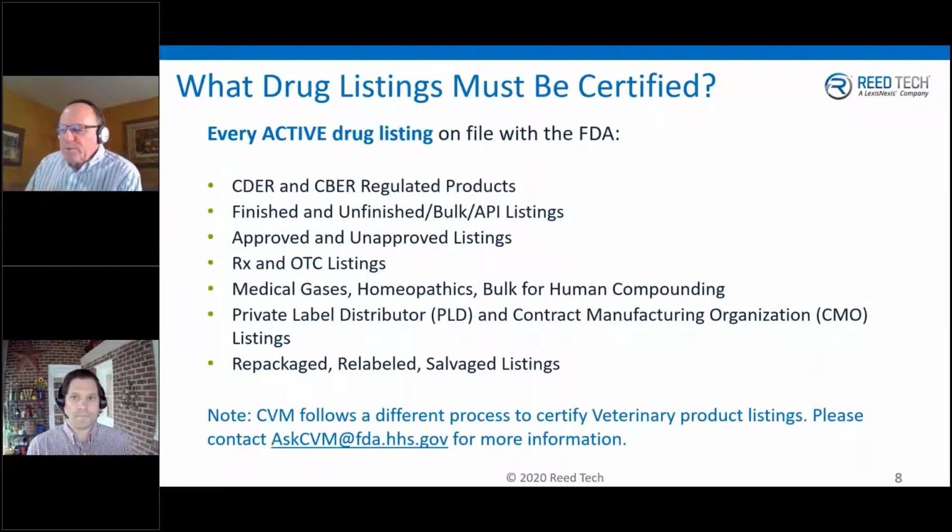Another question, and we're just laying some groundwork here: what drug listings must be certified? Pretty broad statement here from the FDA: every active drug listing on file. You see many different variations there. We won't go into all those details, but it's pretty much all the drug listings on file at the FDA that would need to be either updated in the course of the year or included in this blanket no change